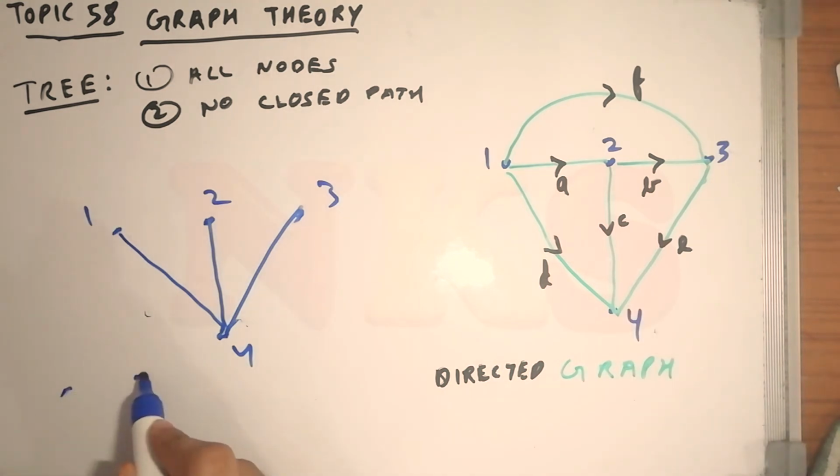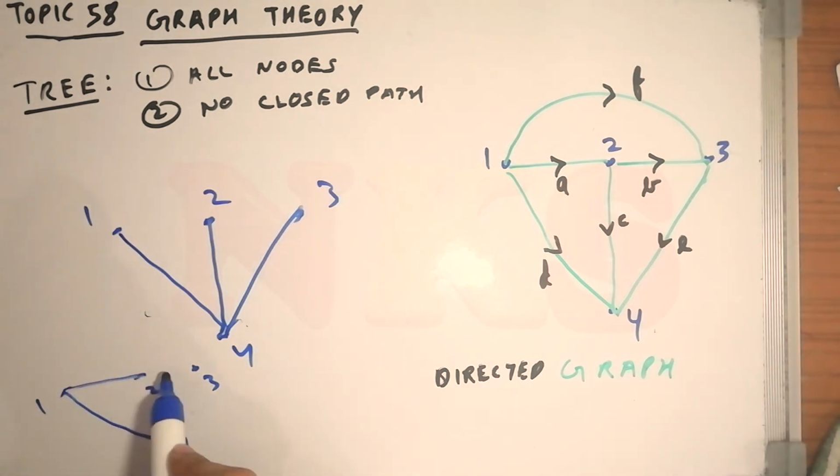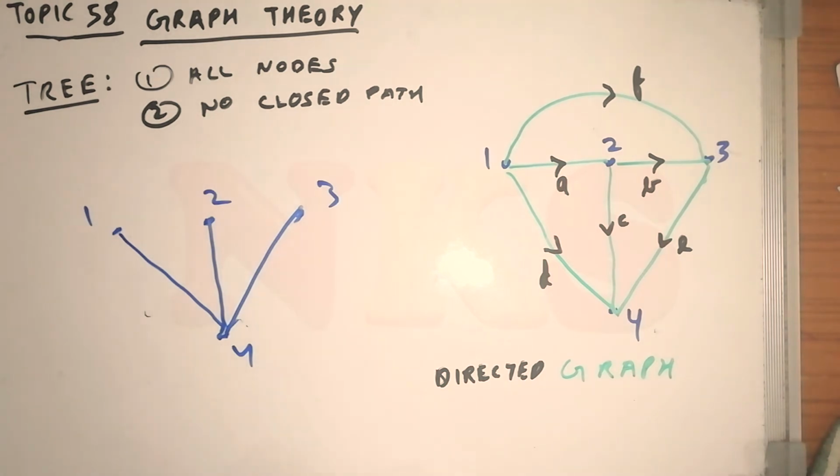Another tree can be, these are the nodes 1, 2, 3, 4, so another tree can be this, which can also be a tree for this graph. Similarly you can draw the other trees. So that is the logic behind a tree. One more thing you should remember, that nodes are also called vertices and branches are also called edges. Now this is our tree. Let me say I have taken this tree, just to illustrate a few more points.